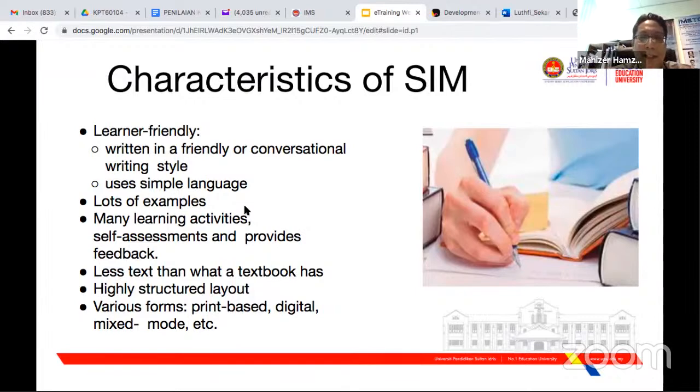Okay, less text than the textbook. Teks kurang, mungkin banyakkan grafik, rajah dan sebagainya. Mungkin various print out, digital, mix mode dan sebagainya. Semua yang banyak menggunakan grafik dan mengurangkan teks, less text but more on grafik, diagram dan sebagainya, memudahkan, easy for them to understand compared with reading, because not everybody likes to read.